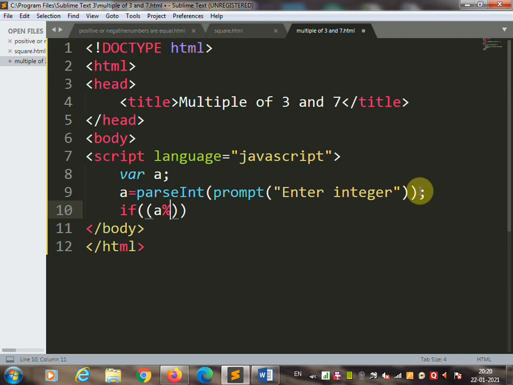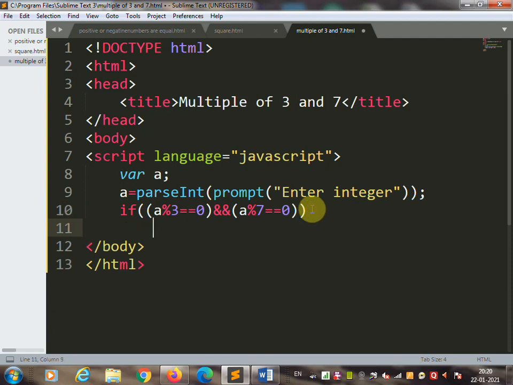So a modulus sign means percentage, then use the number 3 equal to 0, meaning if the remainder comes 0, then the number is a multiple of 3, and the number is again divided by 7, meaning the modulus sign again, equal to 0. And if this condition is found true, the message will display that the number is a multiple of 3 and 7.